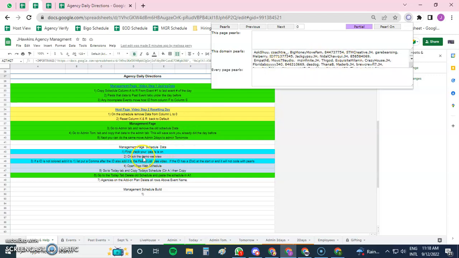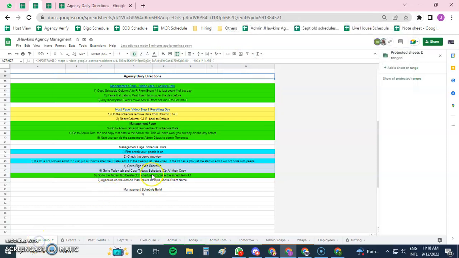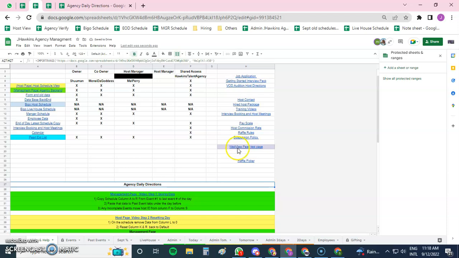Next is check your web demo. I made a new demo page for this one, different from the old one, which is going to show you web demo. It's going to be the purple. Those other ones I think are wrong. Oh no, they're not. You're just going to hit the purple one,